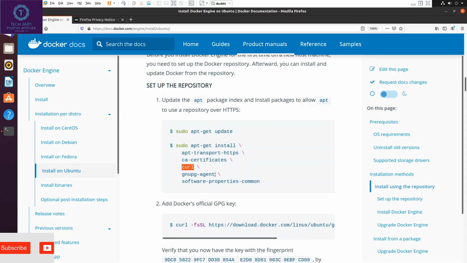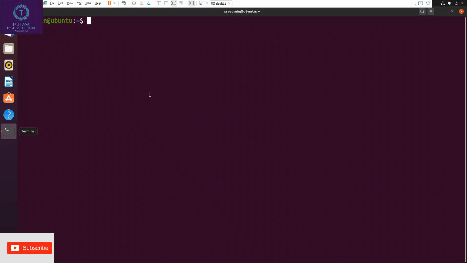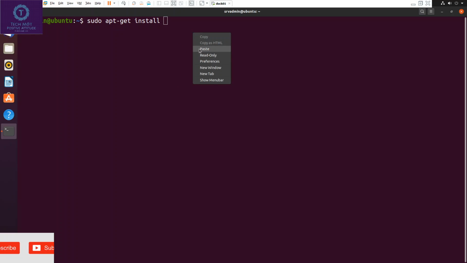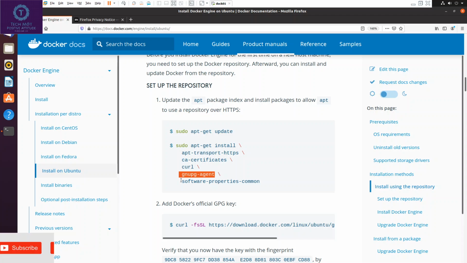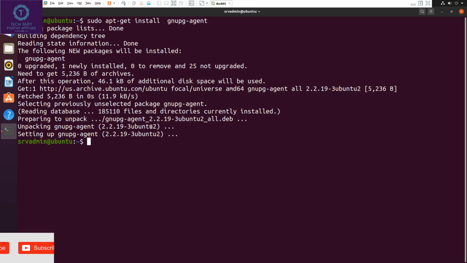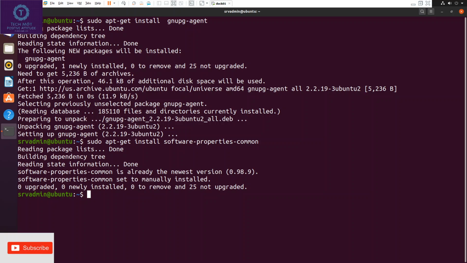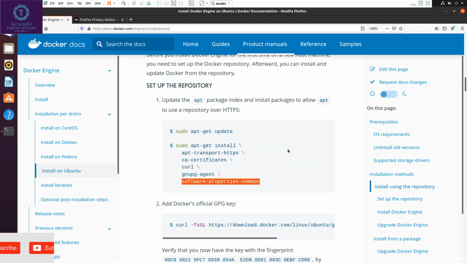Next package is gnupg-agent. And last package is software-properties-common. Now we are done with all prerequisite.